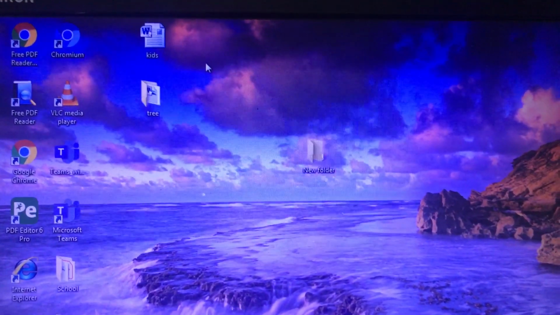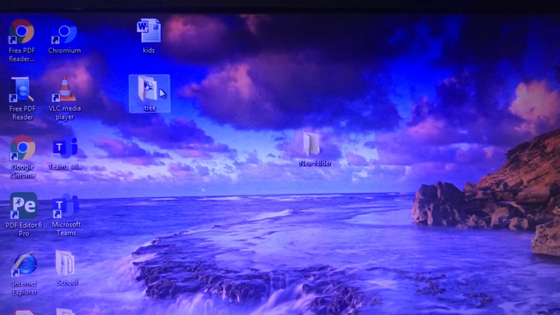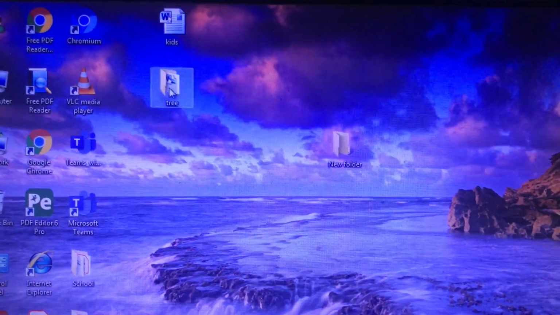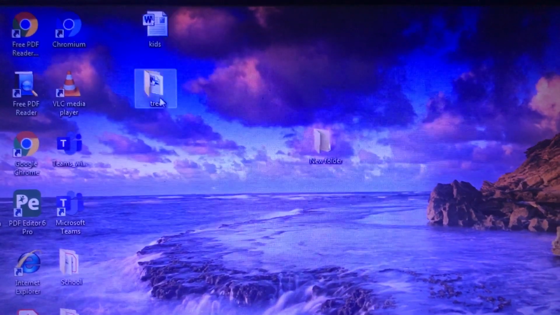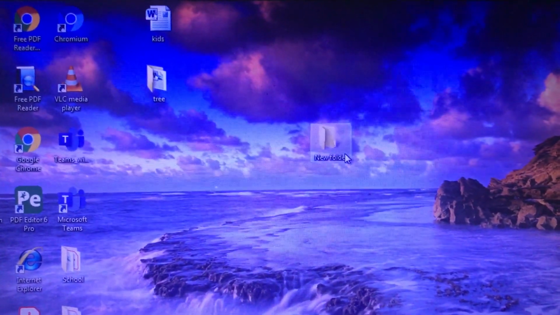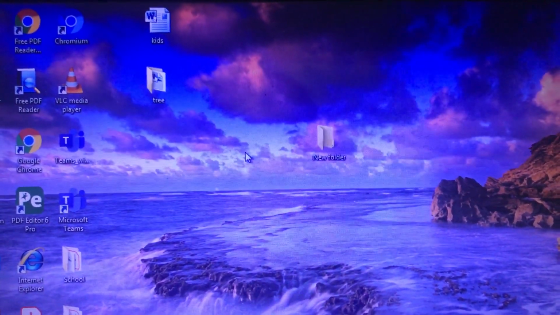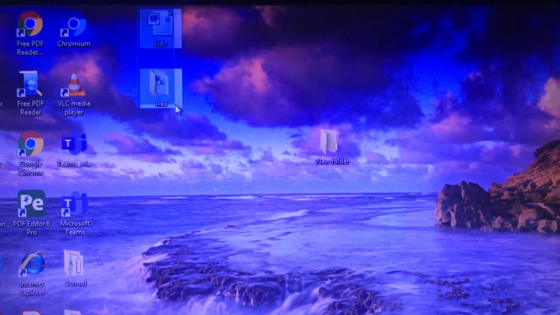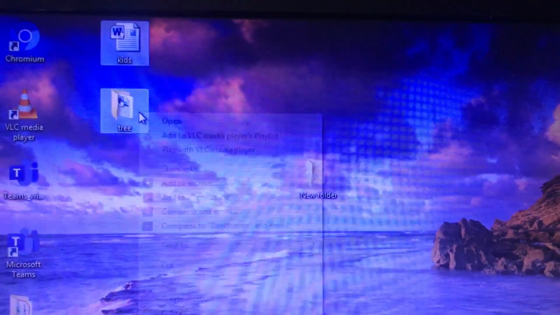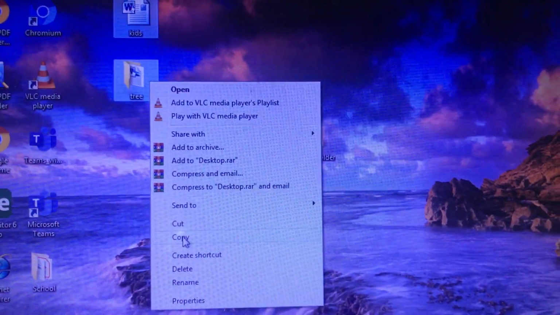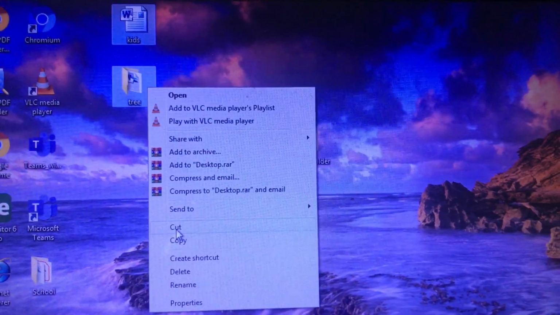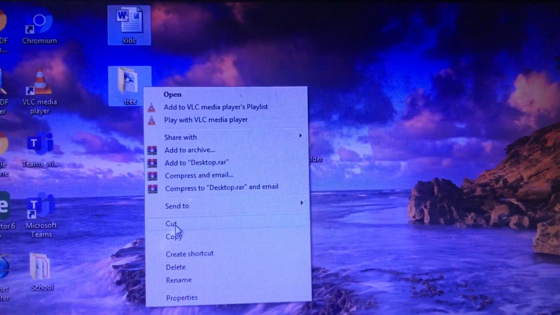Now let's see how to move or copy a file or a folder from one place to another. This is a file and this is a folder. I want to move these two inside this folder. So first of all you have to select them, then right click, and if you want to move them, click on cut.